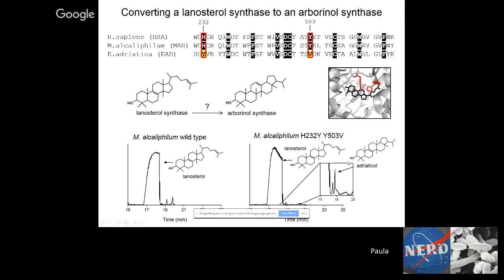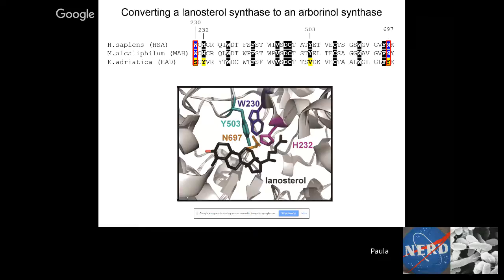Okay, so it looks like, yes, these potentially could be playing a role, and they're important, but there's probably other amino acids that we could look for. And so Amy just did some basically gazing at the active site, and she pulled out these two other residues that were changed in Eudorea. So this one, 230, is right next to the histidine, and it goes from being a very big tryptophan to a smaller serine. And then this asparagine further down is changed to a much bulkier molecule in Eudorea. So these are conserved in all of the Eudorea cyclases that we could find in genomes that we think are Eudorea cyclases.